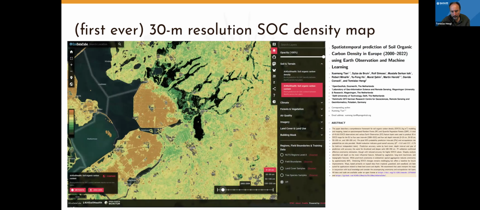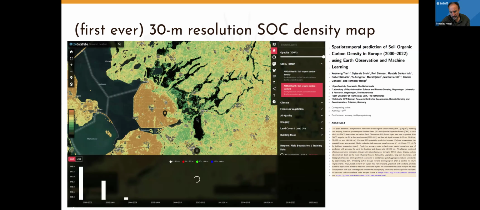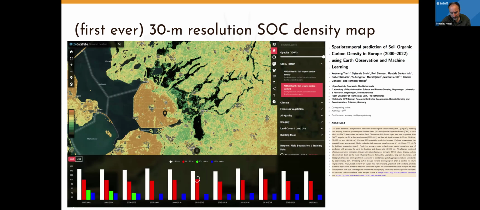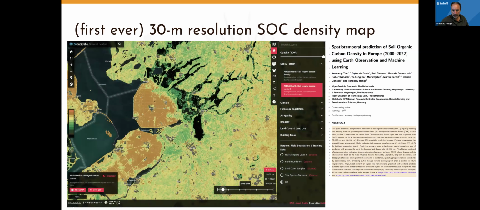And this is an example of soil carbon density. As I said, it's 3D plus time. So you can scroll. At the moment, we have 2-year periods of soil carbon density. And if you scroll through time, you can see how the carbon gradually changes. Carbon doesn't change so much. Many soil properties don't change year to year. It sometimes takes decades until they change. But you can see in some smaller places some changes.